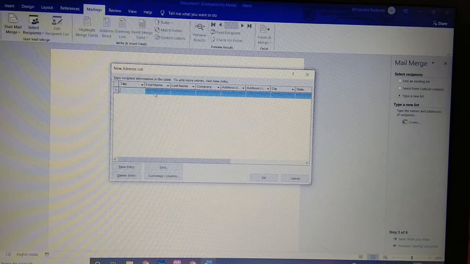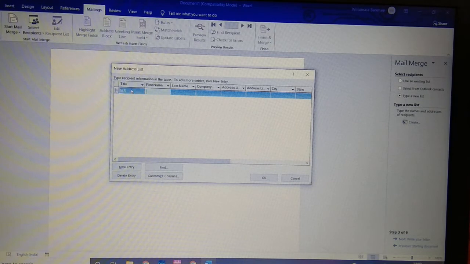Here you have to fill up some basic details about the recipients. Suppose here for this first case I am going to write the title Mr., first name A, B, C, last name X, Y, Z, the company name MNC and the address as Kolkata.